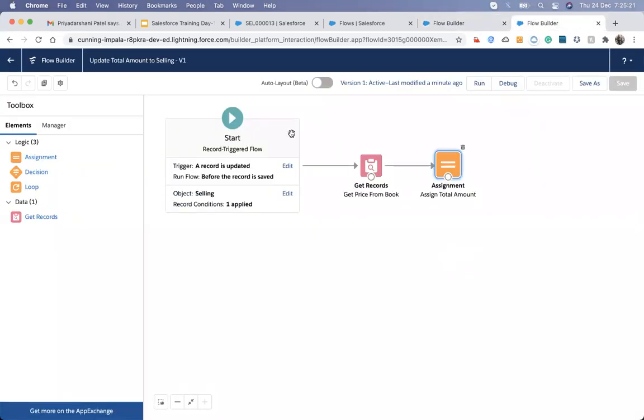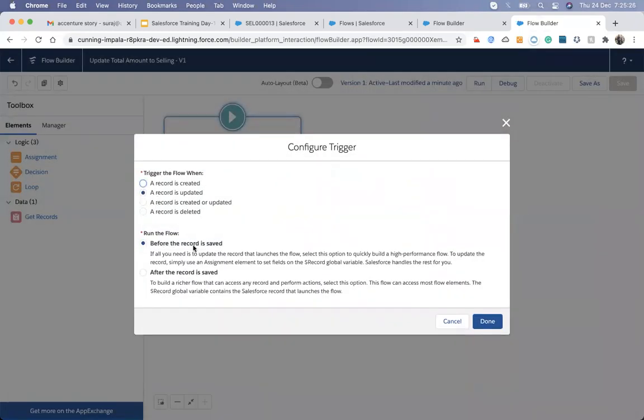Yeah, so these are the events. We only have to capture whatever changes we are making. It will happen when the flow enters with a record, whenever we make changes on the record, and after the flow completes its process, at that point we are making changes in the same record. So we are using the before event, and if we are making changes in a different object, at that time we will choose the after the record is saved.